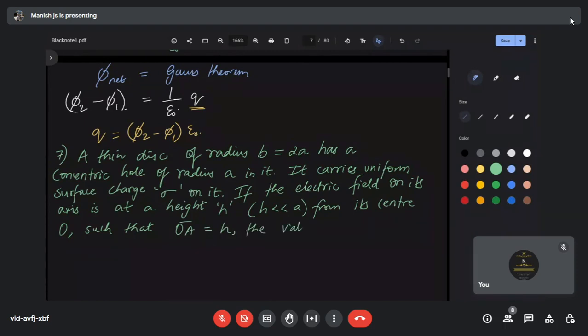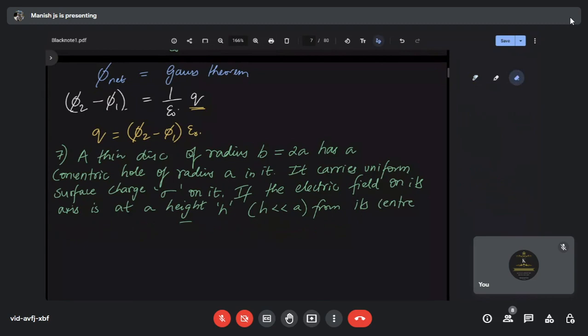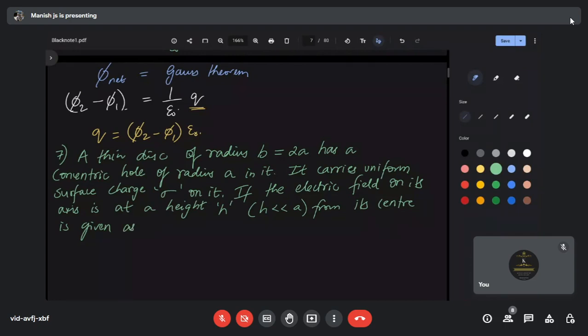Let me just modify the question: if the electric field on its axis at a height h from its center is given as E, then the value of E is